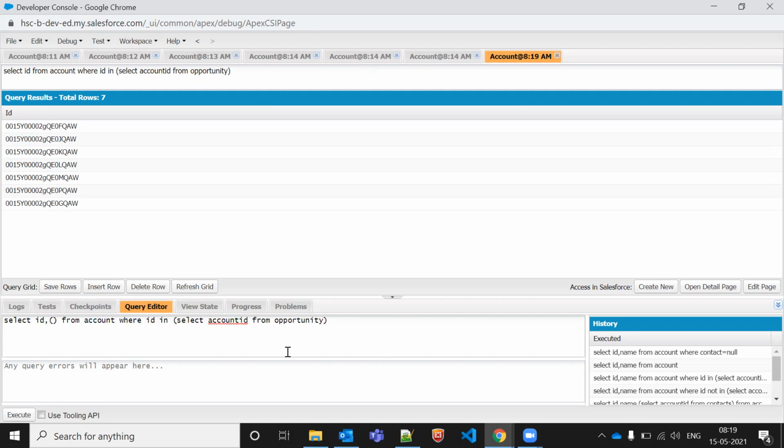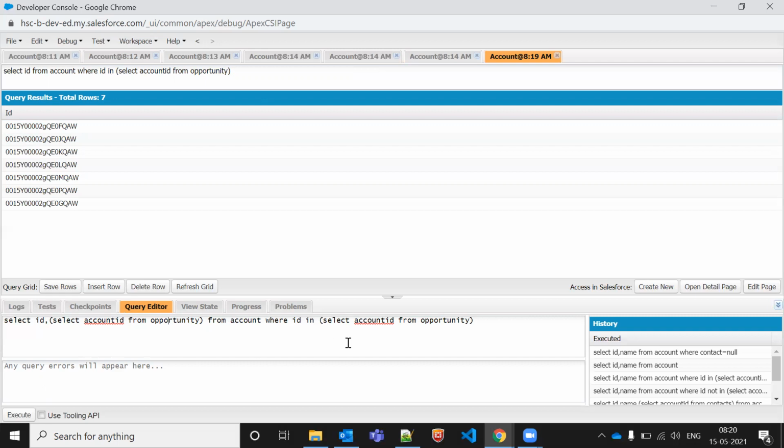Like this. Because the opportunity is a child object and account is the parent. We are doing parent to child. What you are saying is child to parent, but here we are doing parent to child.